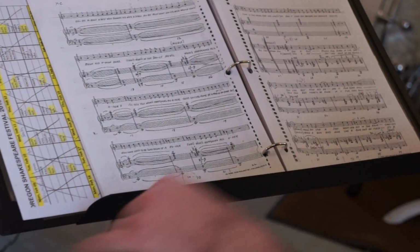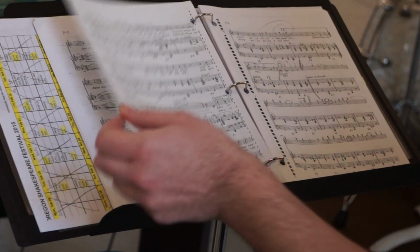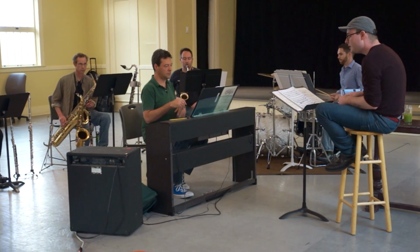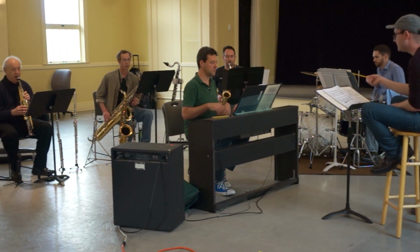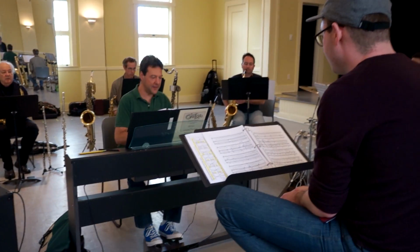We do the last 6 bars. It helps to make the last note of each little phrase group short so we can really fill the space between the lines. Up, 1, 6, 6. Yes, sir. When you...